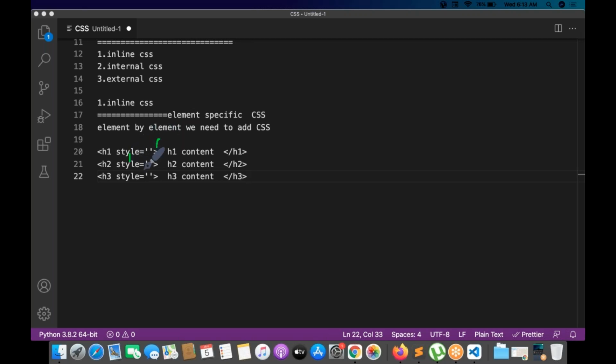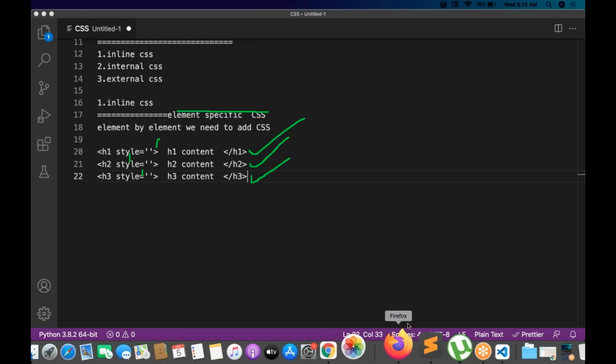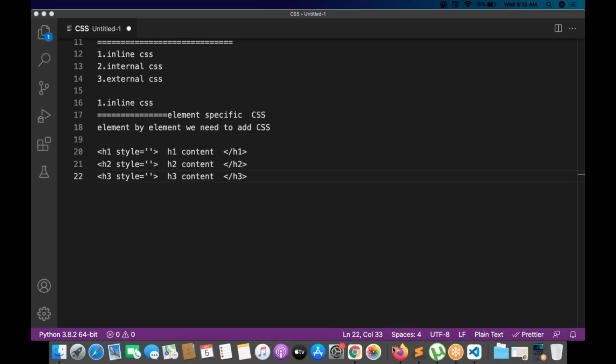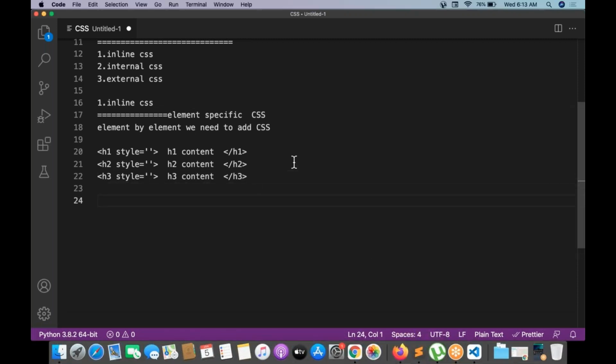That is what element specific CSS is. This takes a lot of time, because every time we integrate CSS for elements it takes time, and this is not a good way.